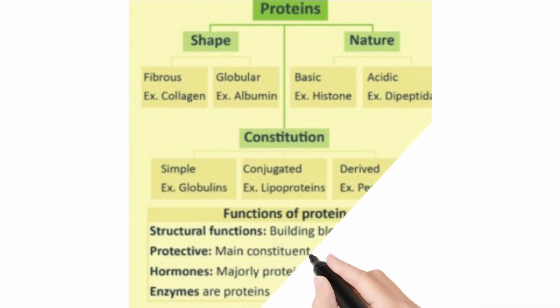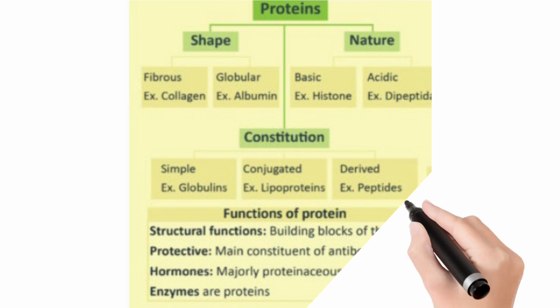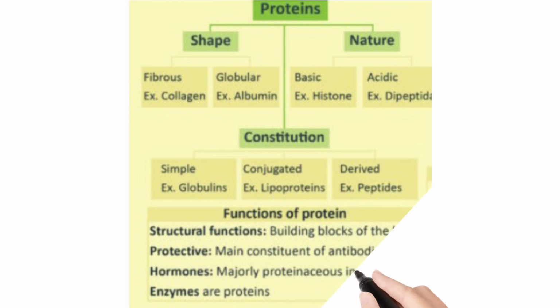And the second type of protein we classify on the basis of chemical composition is conjugated proteins. Conjugated proteins are sometimes called